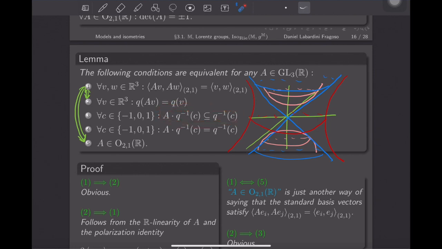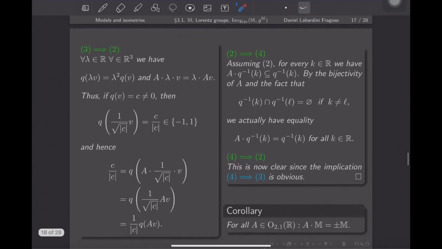That's the part that is not quite obvious, although it's not so hard,